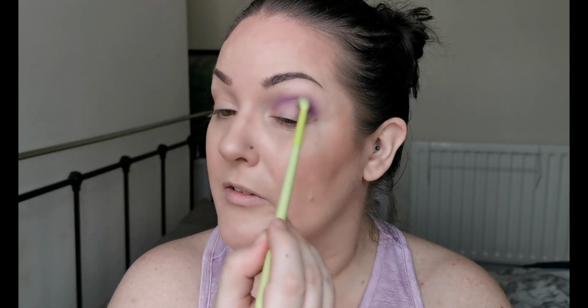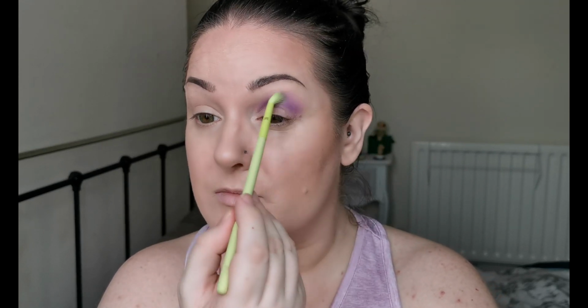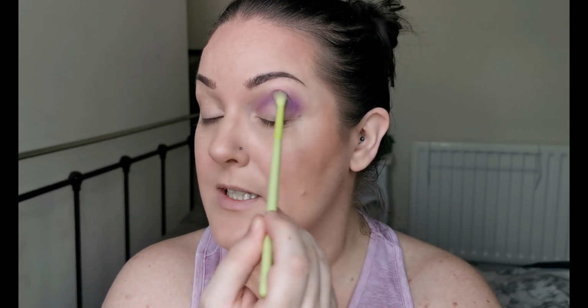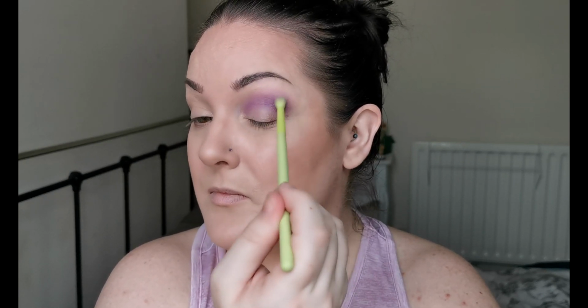I'd imagine you probably get a lot more of an intense colour straight away if you were to pack it on and then blend it out. But I like to test and see just how blendable and buildable they are. And so far it's looking good. I went with the purple because I know that purple is one of the most difficult shades to formulate so that it doesn't turn out patchy. So far, so good. I'm not getting any fallout at all,